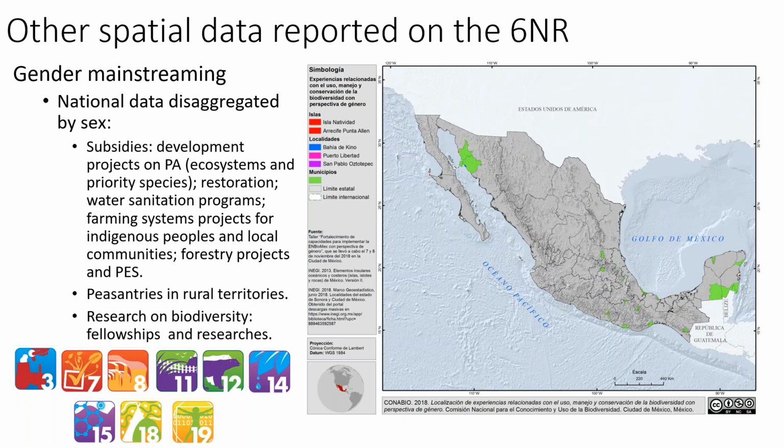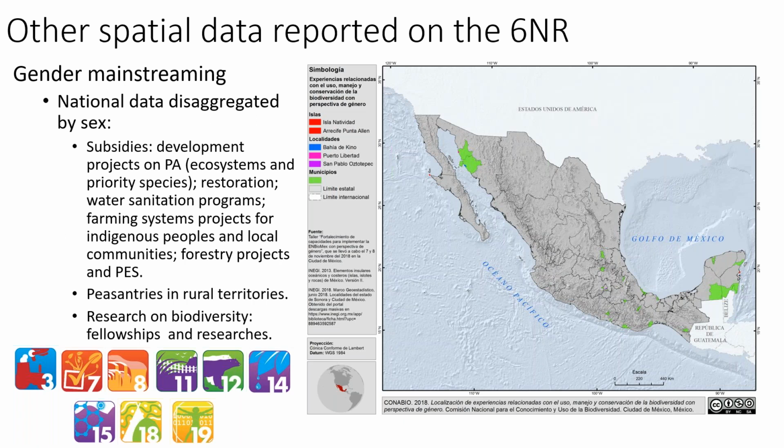And we have here another example on using spatial data reported in the 6th national report. We tried to do an exercise for gender mainstreaming, and we got data at national level disaggregated by sex. We reported this kind of data disaggregated by sex for Aichi Targets 3, 7, 8, 11, 12, 14, 15, 18,